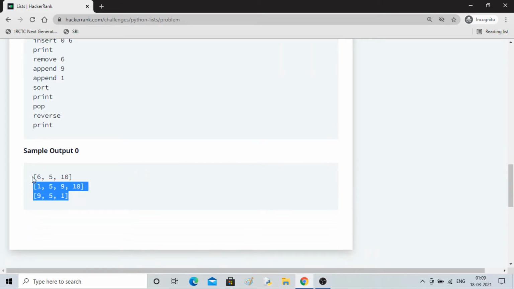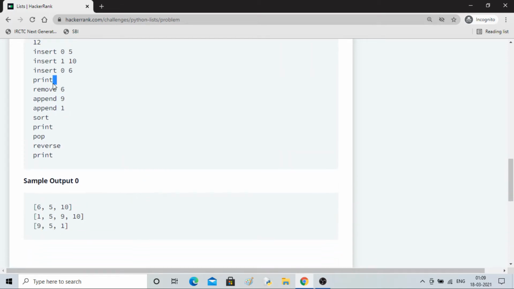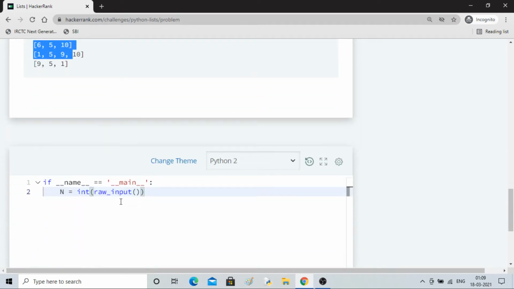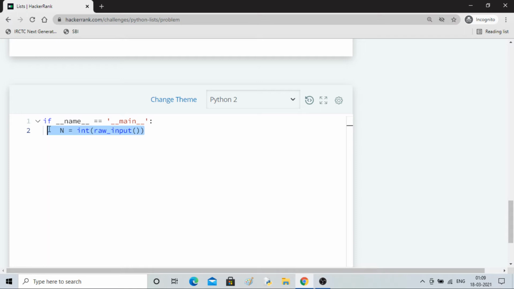So these are the outputs. Here one print is used, here one print is used, and here one print is used. Okay, so all 3 we have to print. Given to us is the value of n, so it will take the value from here, raw input only, and then convert it into an integer and assign it to n.